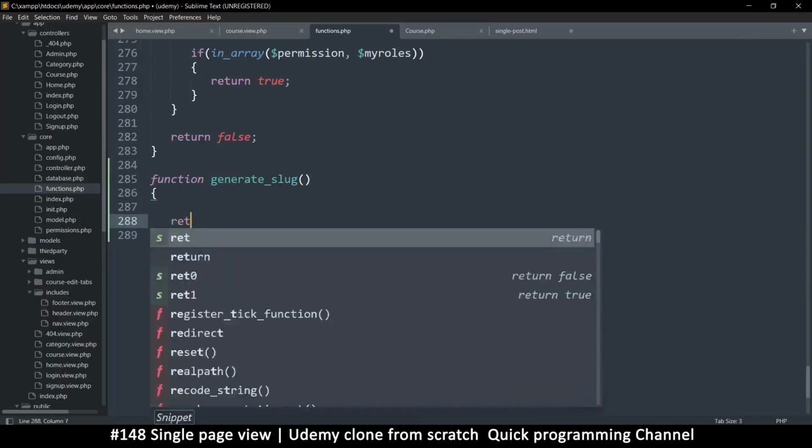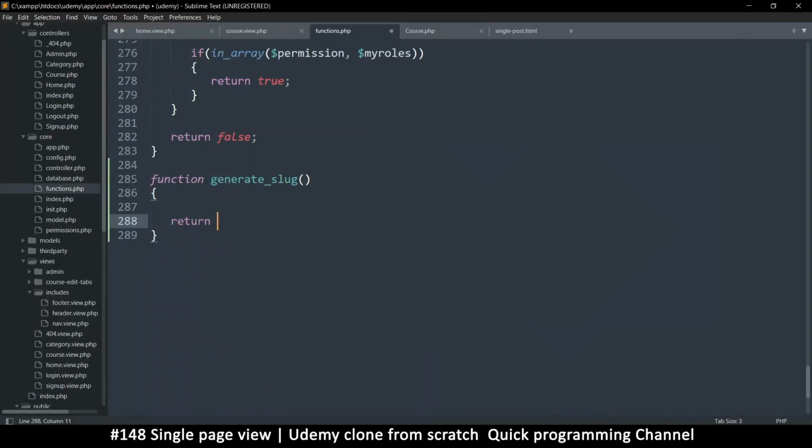So we're going to return whatever the string is that we were given in the first place. And here I want this to receive a string. We shouldn't put any default values so that it's demanded of us. So I'm going to do string